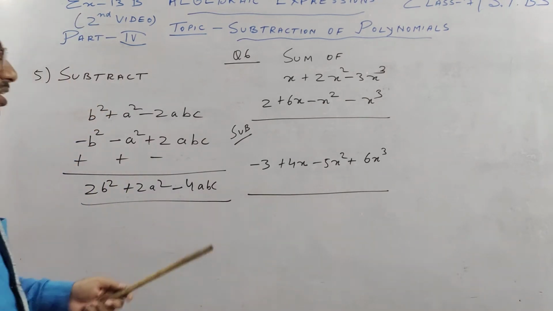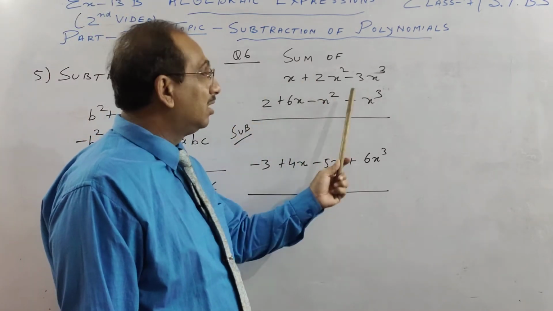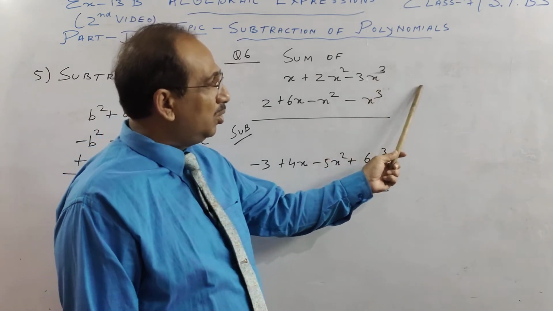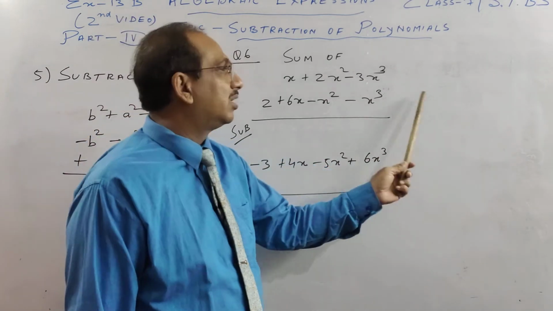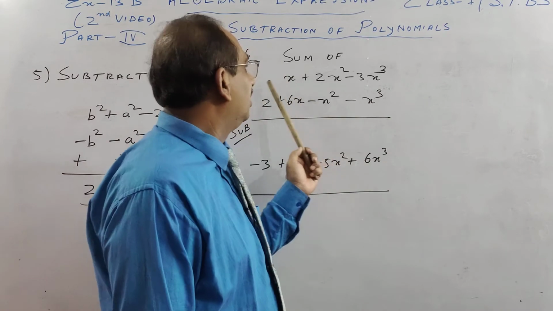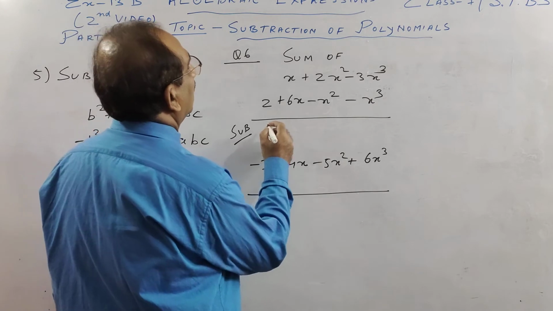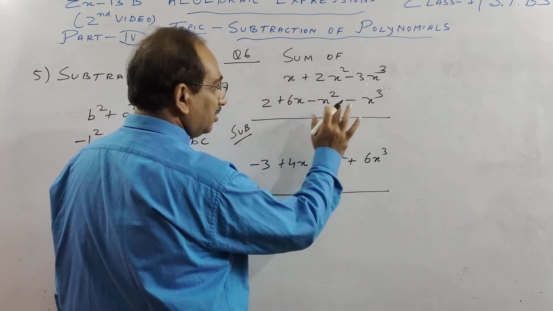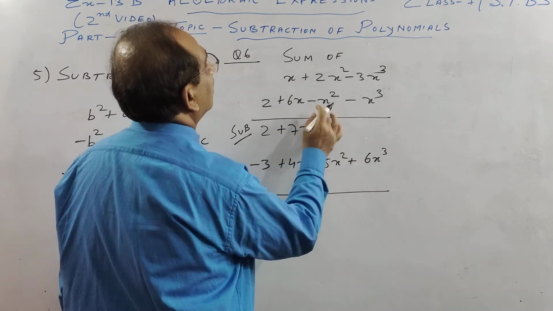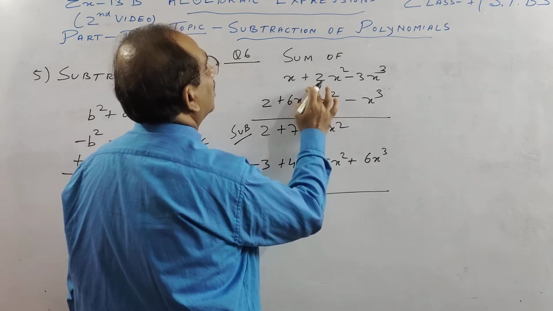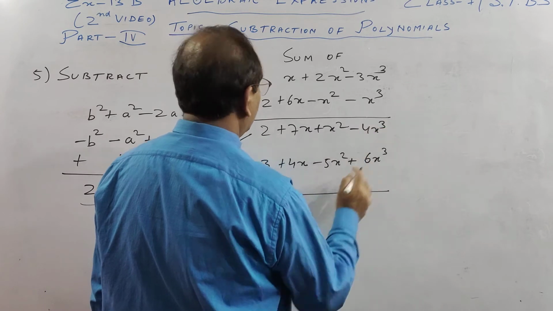And one small thing I'll tell you, children, that the first one was in this format, x square and cube, so I have followed that, but you could have done it the same way. You try cube, then square, then the x term, and then if a constant is there, that would have been better, because I told you decreasing order of power, but here it is increasing order of power. So this is also not wrong. So you have to add here. No change of sign, children. So 2 will be there. This will become 7x. This will become plus x square. Plus 2 minus 1, minus minus minus, it will remain 4x cube.